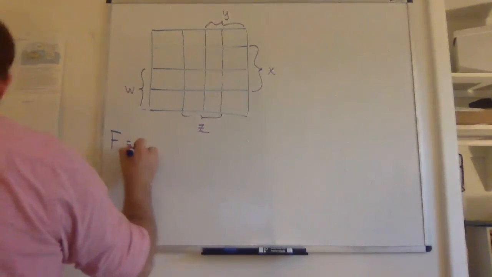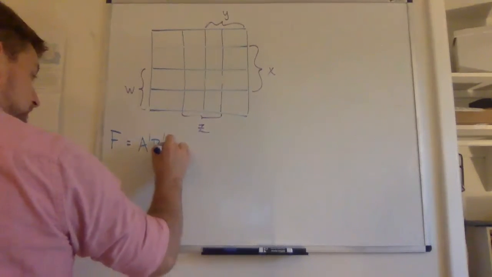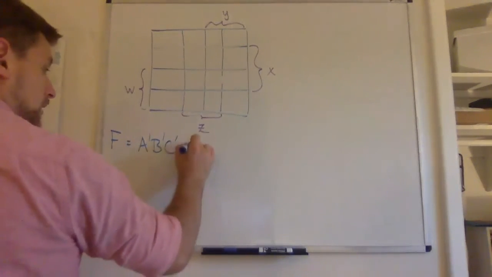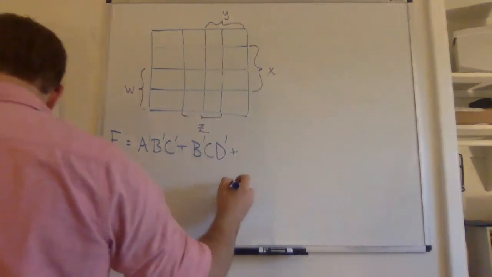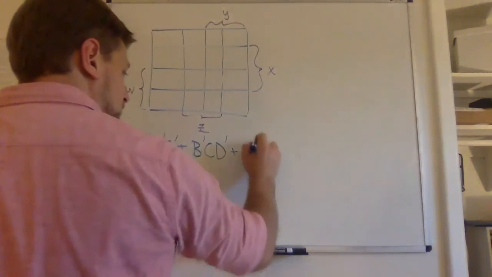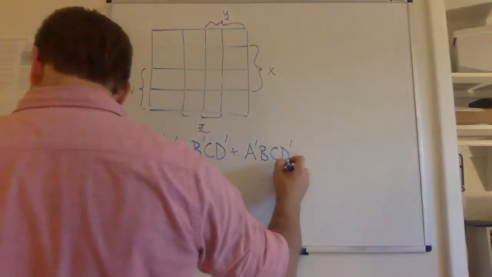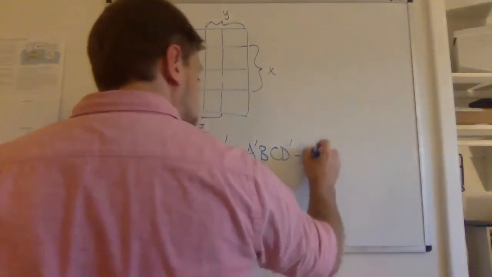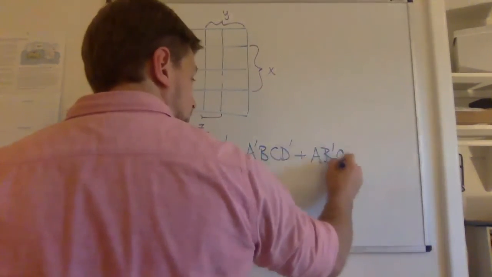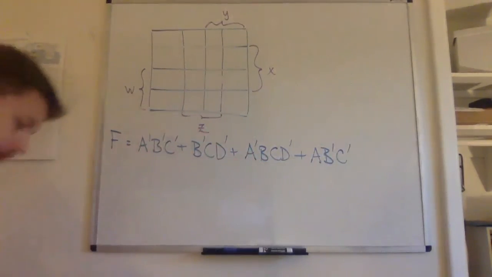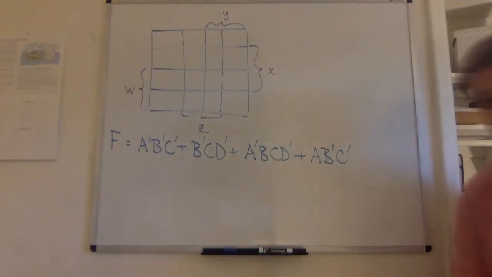F, A complement, B complement, C complement, or B complement and C and D complement, or A complement, B, C, D complement, or A complement, no, A, B complement, C complement. Okay, we know this is a function of 4 variables because we've got 4 letters floating around in our Boolean